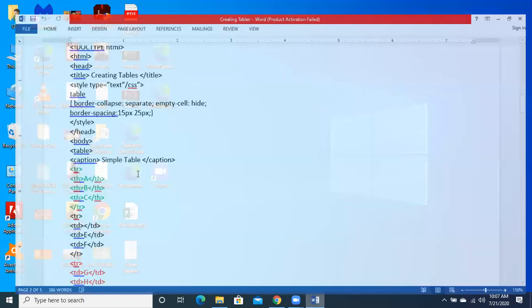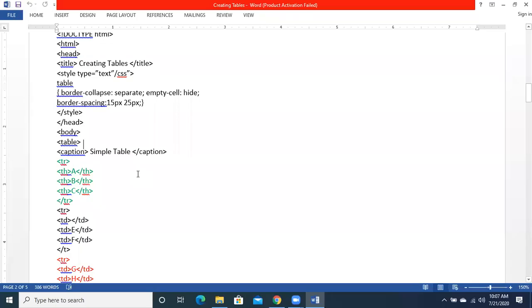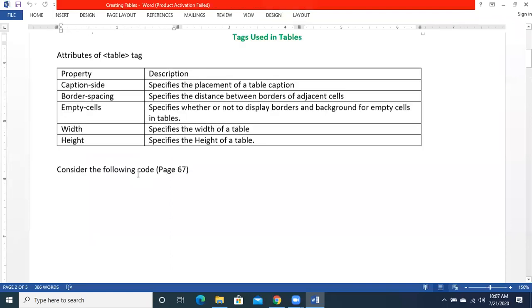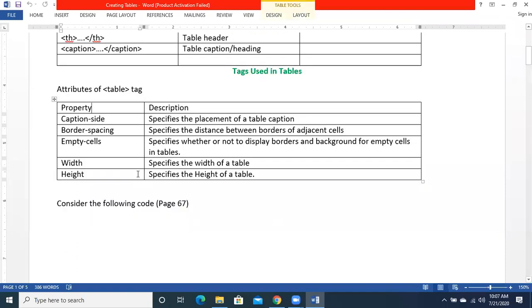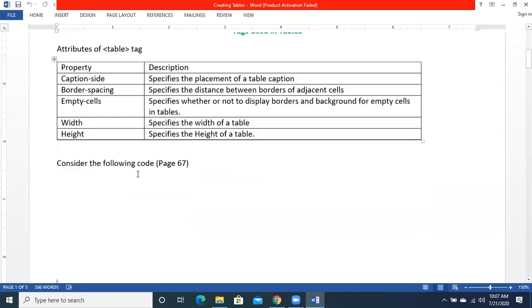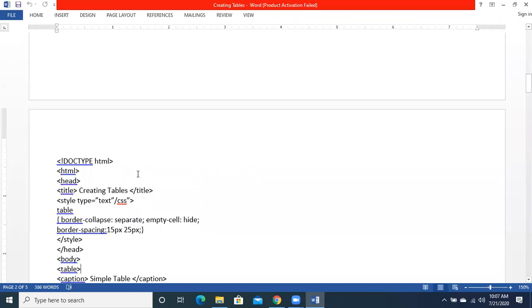The task that we were doing last time, we had discussed, and today we are going to discuss some other options available over here.